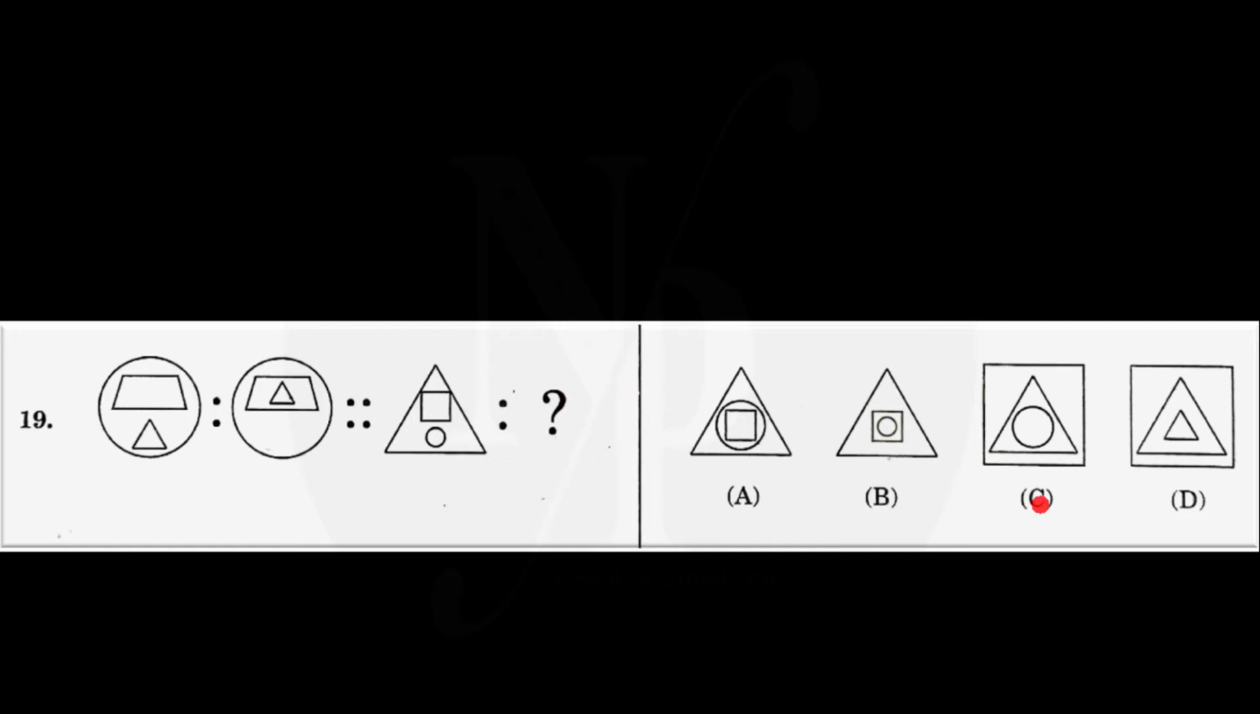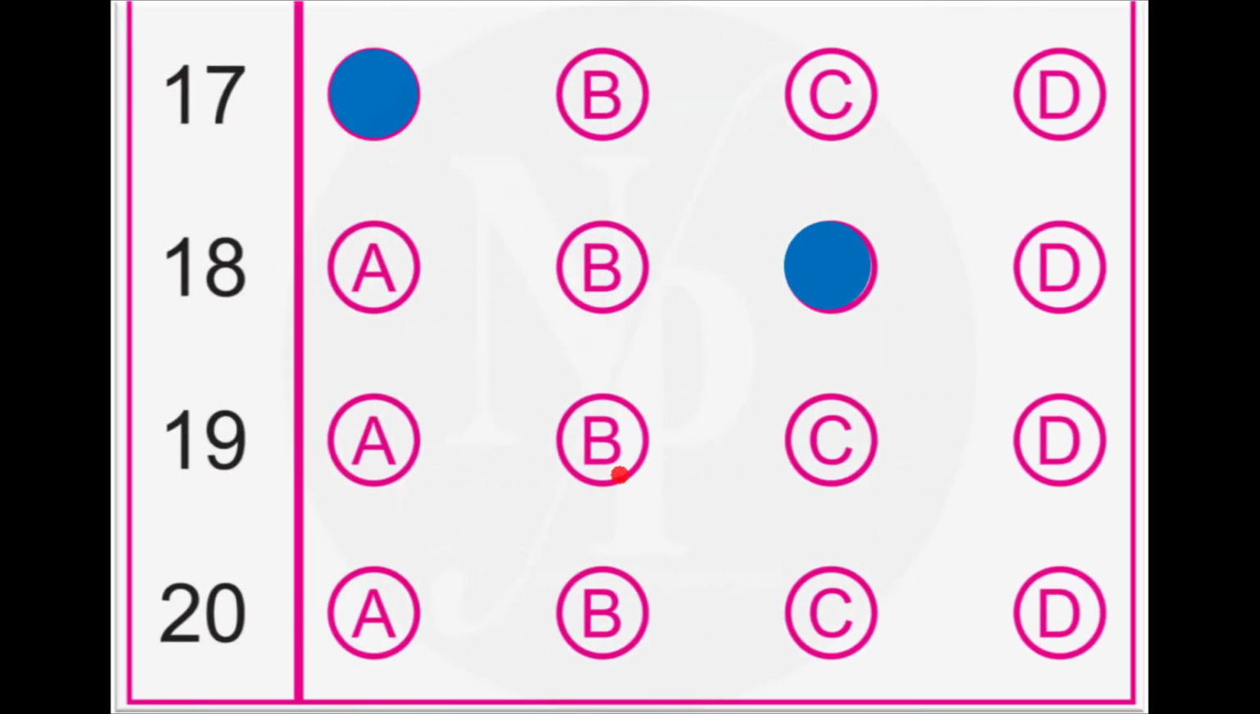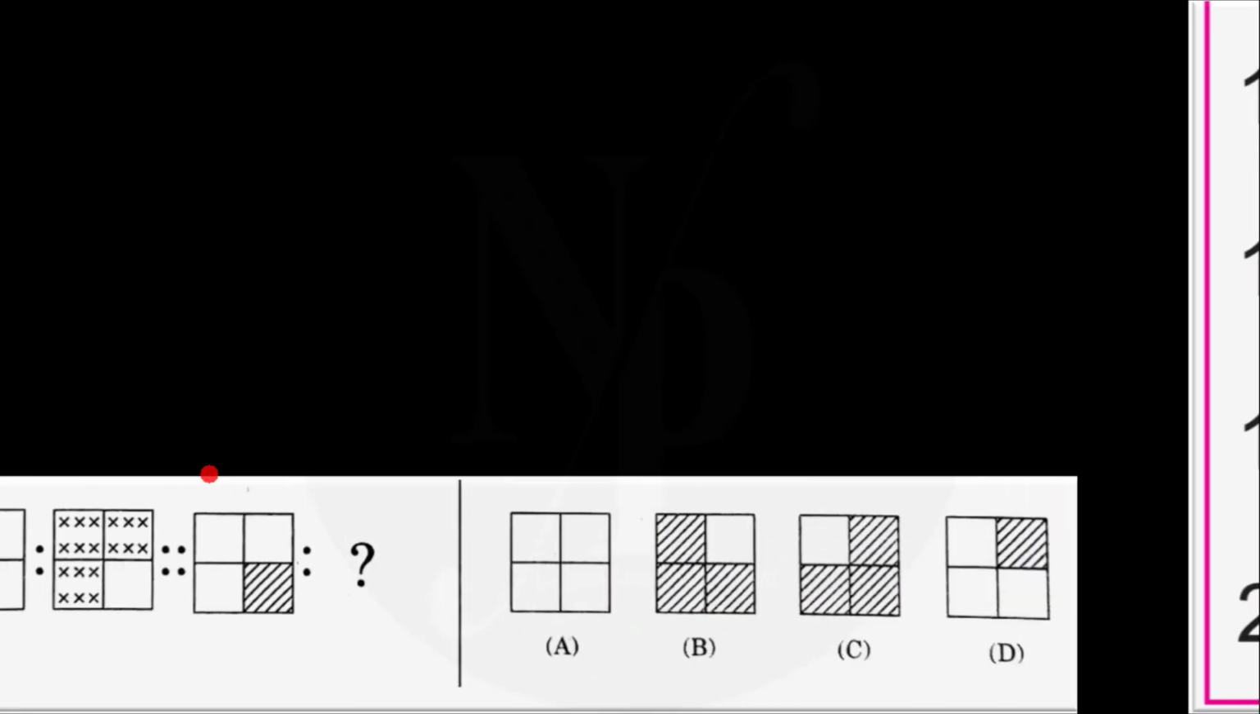Further, looking at the answer figures C and D, we find the square as the outermost figure, which is not expected. We are expecting the triangle as the outermost figure. So, as we found rightly, the answer figure B is the correct answer for this question, and we mark answer option B as the correct answer for question number 19 on the OMR answer sheet and move to the next